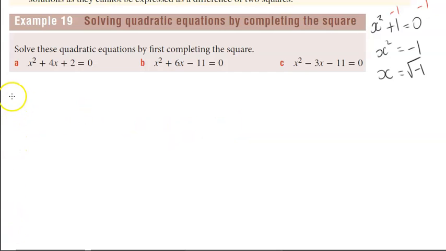So A here is x squared plus 4x plus 2 is equal to 0. Now this format here, we cannot just simply factorize because there's no two numbers that when multiplied will give you 2, but when added will give you 4. So we're going to complete this square. This b value is 4, the coefficient of x is 4. If I half 4, I will get 2. And if I square 2,